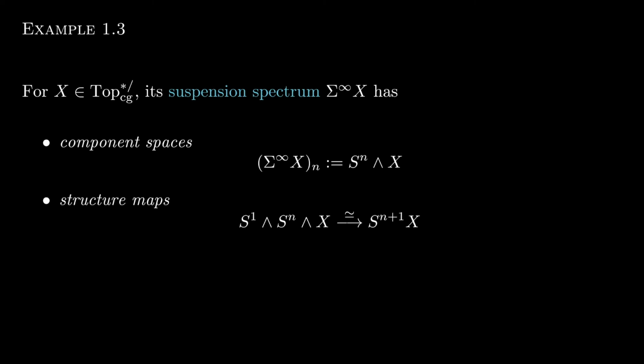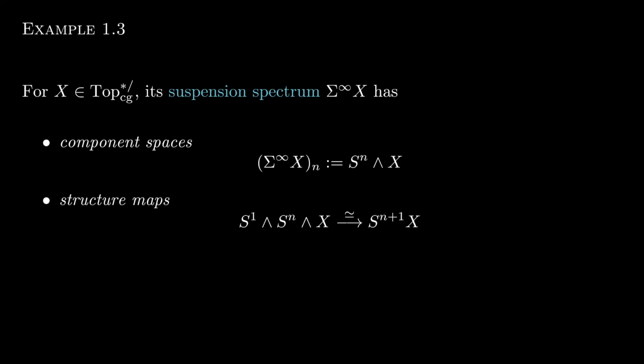There is a natural way to create an entire spectrum out of a single topological space, particularly compactly generated and pointed topological spaces. Its zeroth component is the space X, and we just keep suspending it to get the rest of the spaces. This is the special case I mentioned earlier of the structure maps being homeomorphisms. This is again just another way of saying that the nth component space is literally the n-fold suspension of the space. Formally, this idea of the entire spectrum being generated by a single space means that we have a functor,